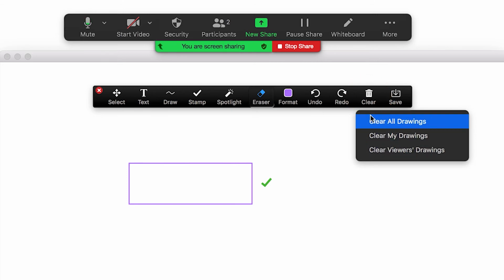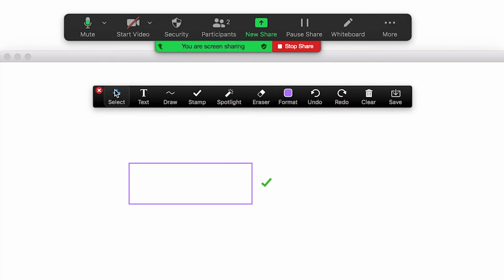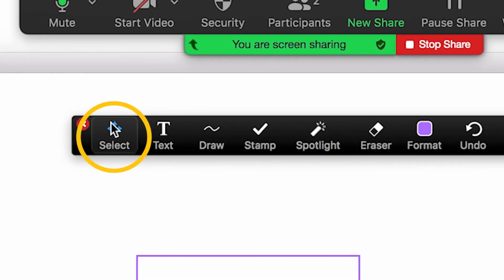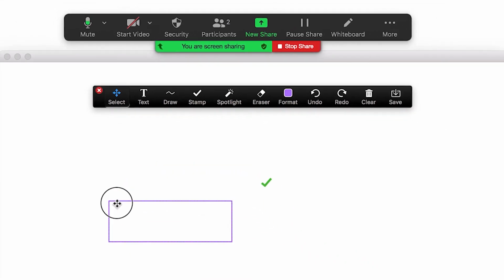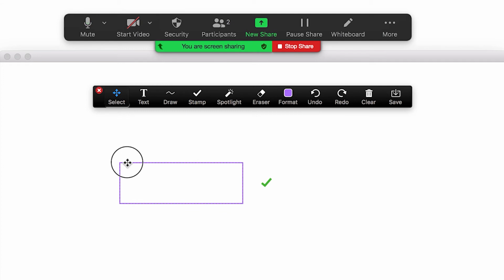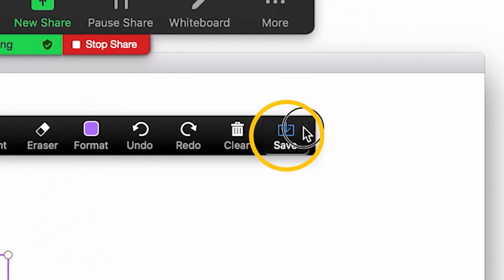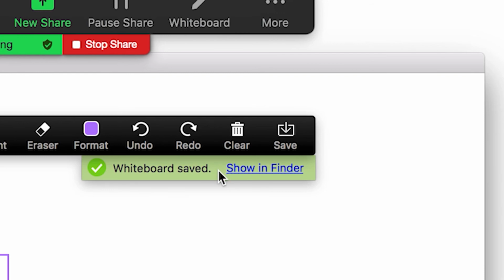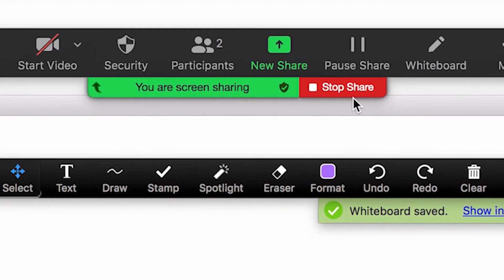If at any point you would like to go back to your default cursor, you can go to the far left-hand side and choose Select. At any point throughout your whiteboard session, you can click Save, and a screenshot of your whiteboard session will be saved to your computer. You can go up to the top to stop sharing, and it will take you back